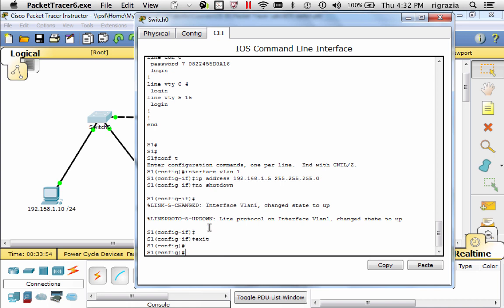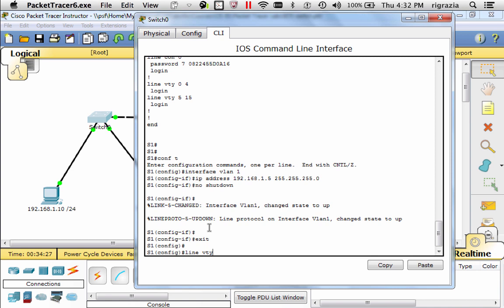Okay, we've put an IP address on there, but IOS wants to make sure that not just anybody can remotely log into this device, because all of a sudden somebody could remotely log in and change the passwords on me and maybe lock me out of my own switch. So what I have to do is configure what we call the virtual terminal lines. Okay, so let's do that. I'm in global configuration mode, and what I'm going to do is type the command line